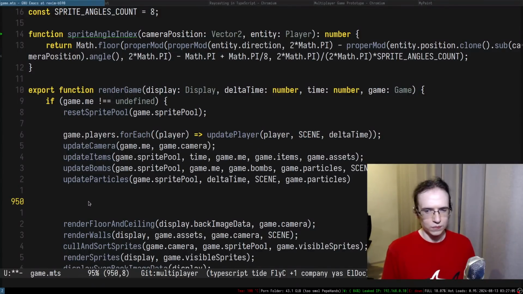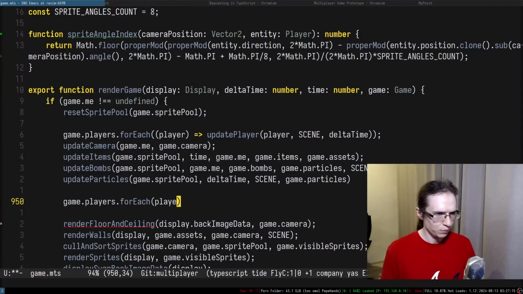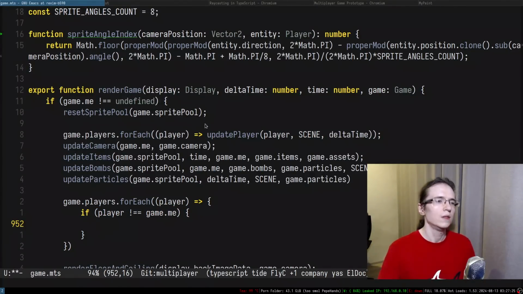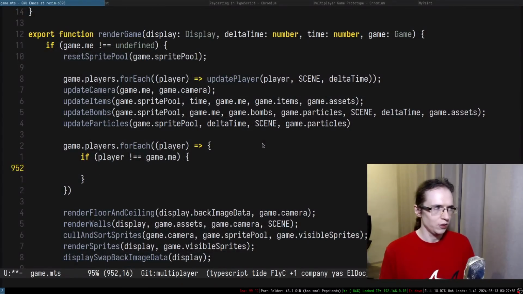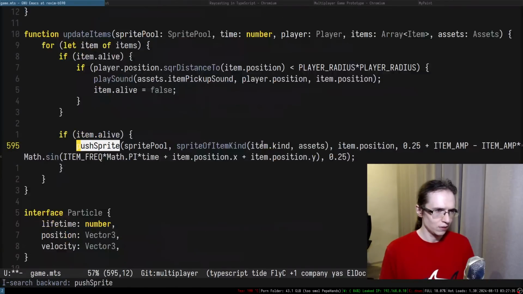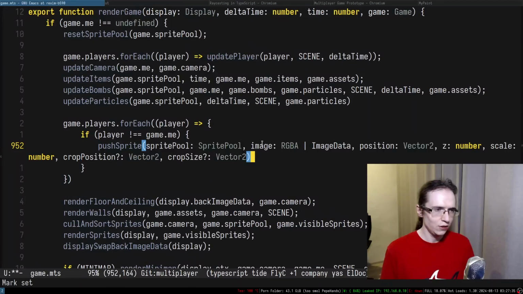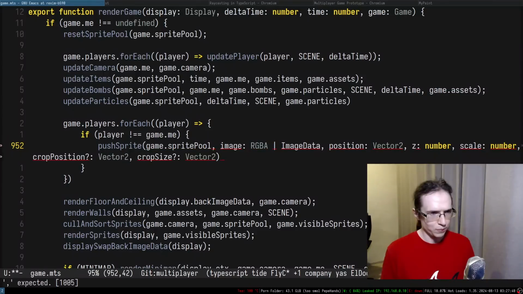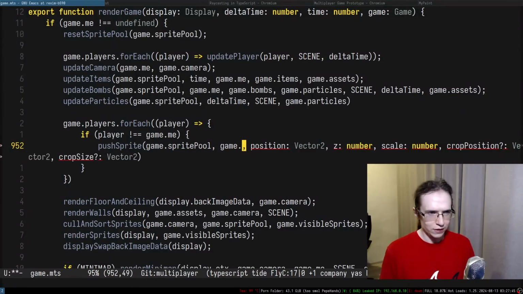So, players, game players forEach player. I wonder if I can easily just do: if player not equal game me, then I'm rendering the player, but I'm going to be rendering through the sprite. So I need to do push sprite. That's what I need to do in here. So I'll have to provide the game sprite pool. I'm providing the game sprite pool. The sprite that I'm going to be providing is actually assets